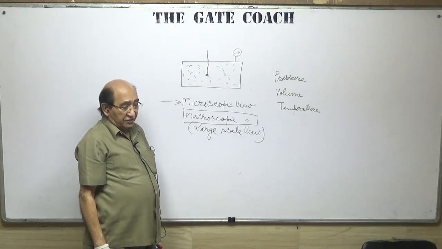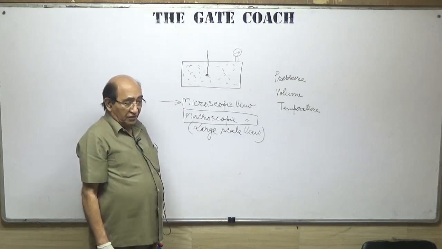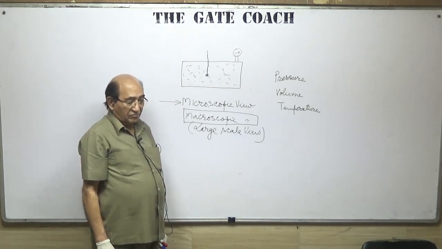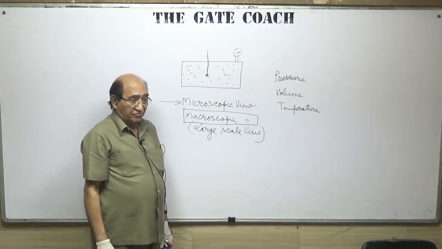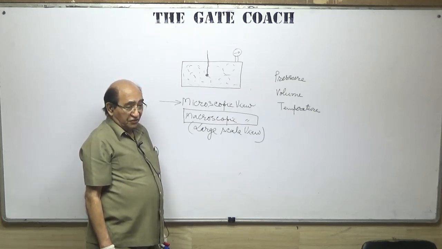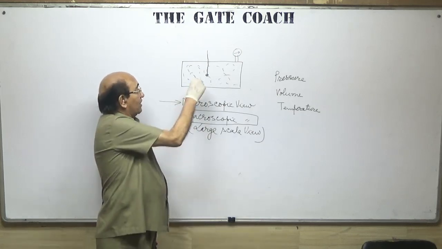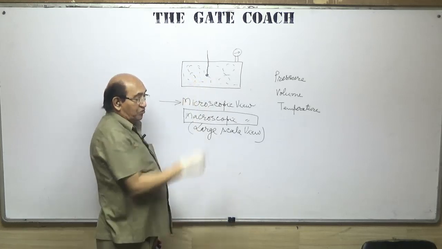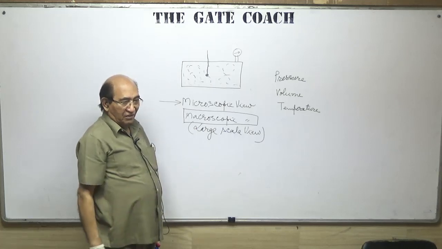To define pressure, we require force, we require area. Then we should know what is force. Force is the rate of change of momentum. Momentum means mass into velocity. This would mean for each molecule we should know the mass and the velocity with which it is moving,